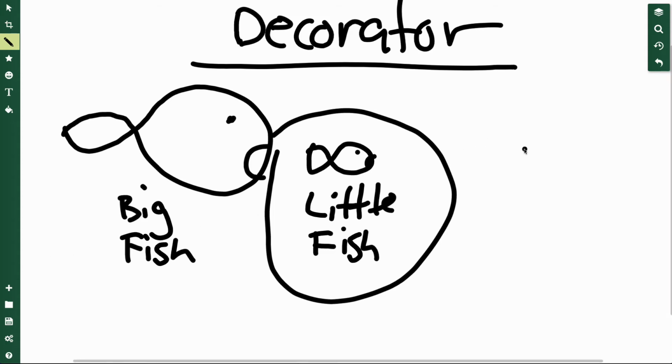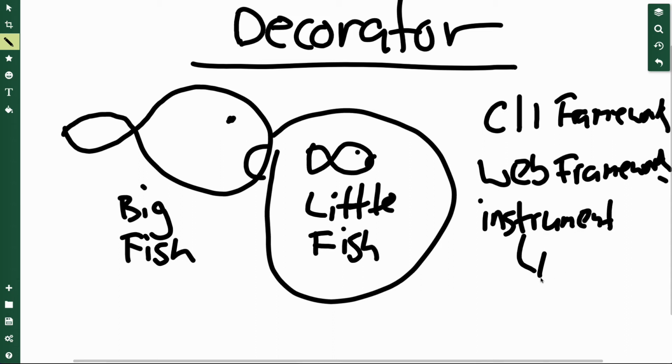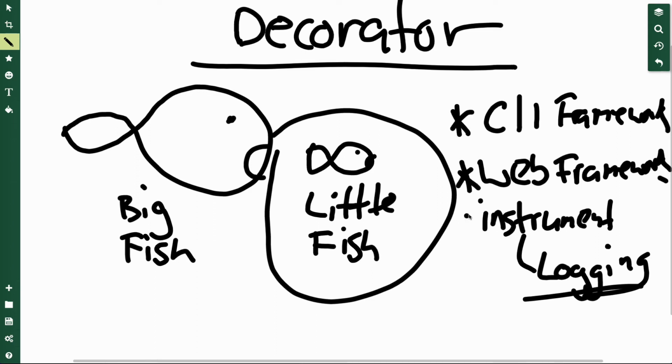And so where would you use this? Well, you see this in command line tool frameworks. That's a very common place that you see the Python function. You also see it in web, right? You see decorators in web frameworks. Another place that you see them a lot is just to change your code. Like if you want to do some kind of instrumentation, for example, this is really common, is that people will have some kind of logging decorator that will do some cool stuff with their code. So these are all different things that you could do with a decorator. And so it's good to know how to use a decorator.